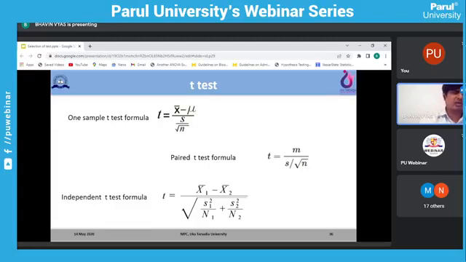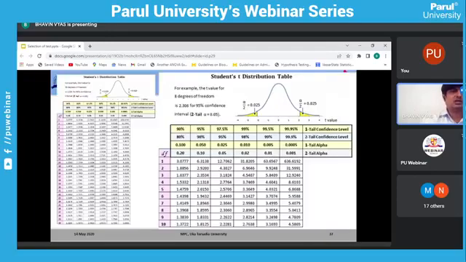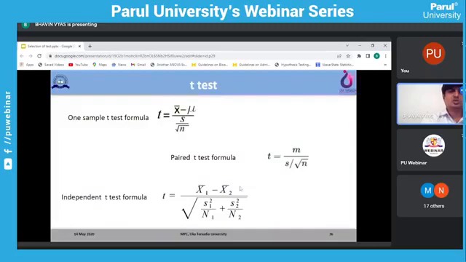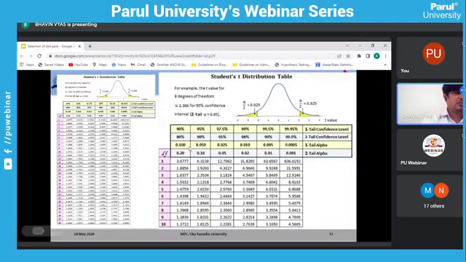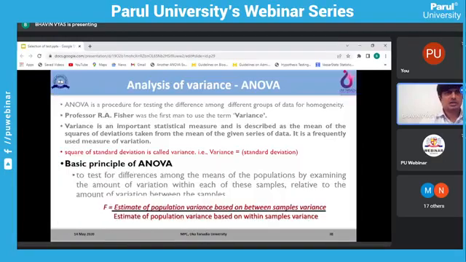Utilizing this formula you can select, and after that you need to go for observing tables. This is about the t-test, so you should go for the t-distribution table and the degrees of freedom, and according to that you identify whether the difference is significant or not. This is beyond the topic I have given, so I'm not explaining, just giving a glimpse that after selection you need to carry out this type of thing. And this is about one-way ANOVA.